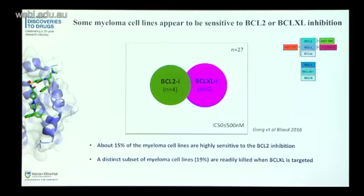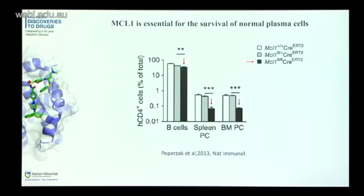So the question now is whether MCL1 might play a role here. The reason we are interested in MCL1 rather than other pro-survival BCL2 proteins such as BCLW or A1 is that, as you heard from Gemma, MCL1 plays a very important role in multiple cancer cells. And there is also a study from WEHI looking at the role of MCL1 in the